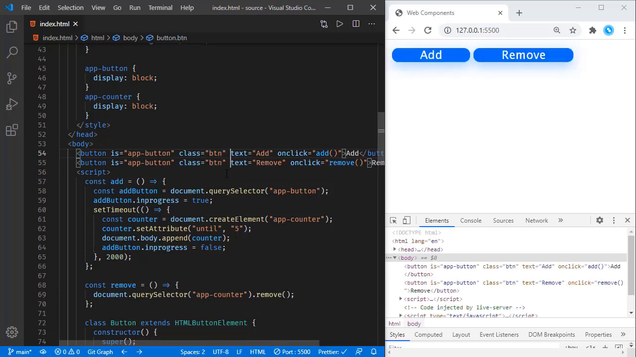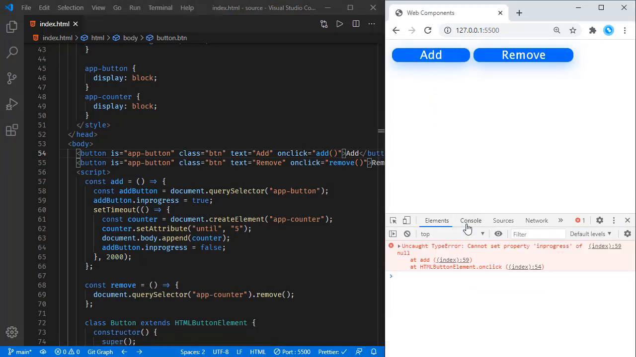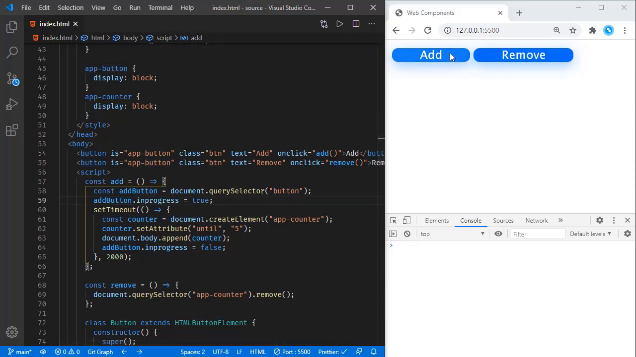Now we can see the button, but if we click it, the functionality is broken, and here we see the error. In this add functionality, we are querying app-button, which is undefined, so that's why it's broken. So let's change this part. We are getting the button, not the app-button, so we are querying this one. Let's save this, and if I click Add,